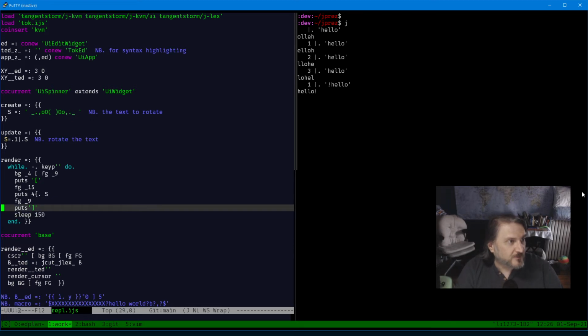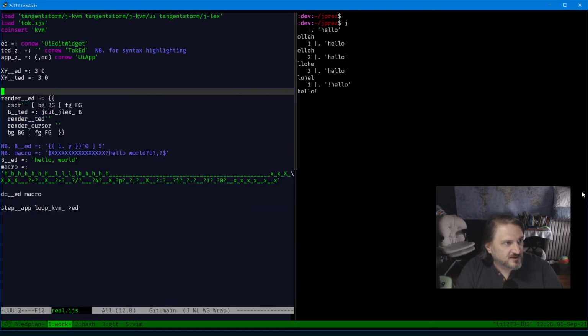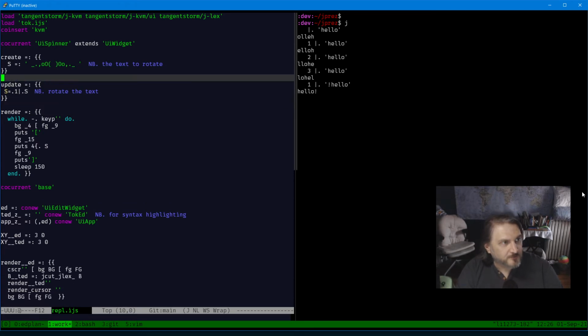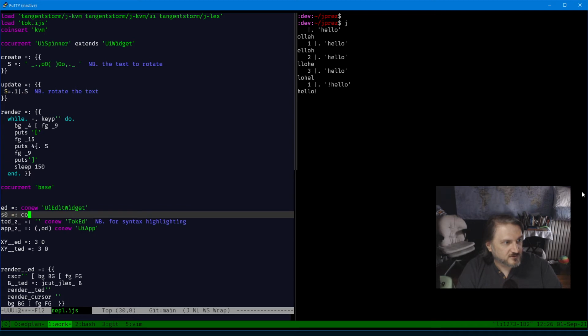So now in my application, this is all stuff that really ought to be in its own little widget file, so I'll extract that later. But we're going to say S0 is equal to co-new UI spinner. And really, we want to call the name on it, but let's see, y, and then how about we put